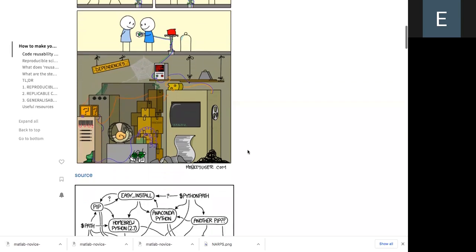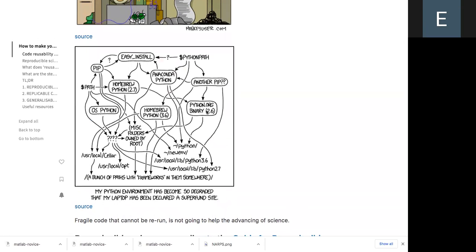Another funny comic, if you are a Python user. Let's do a quick round using the Zoom buttons. If you click on participants, you should see some buttons, yes and no. If you are a Python user, can you press yes? And if you're not a Python user, can you press no? It doesn't mean that you are devoted to Python; it might be that you use Python once a month. I can count that more than 50% of the people in this room are Python users. So most likely